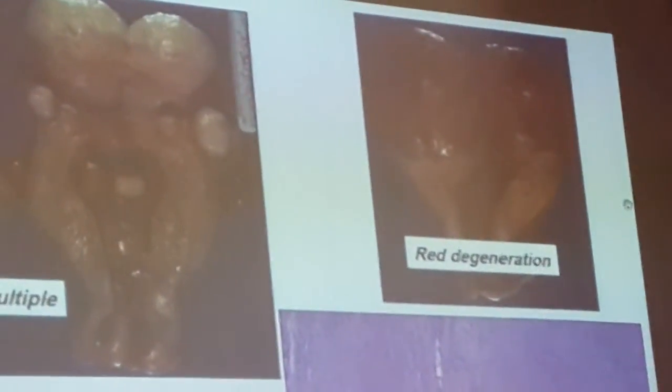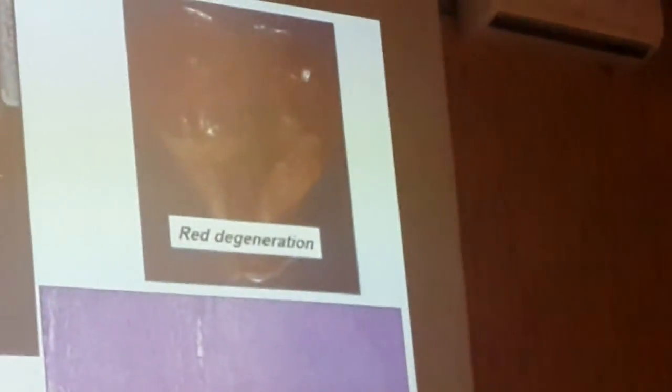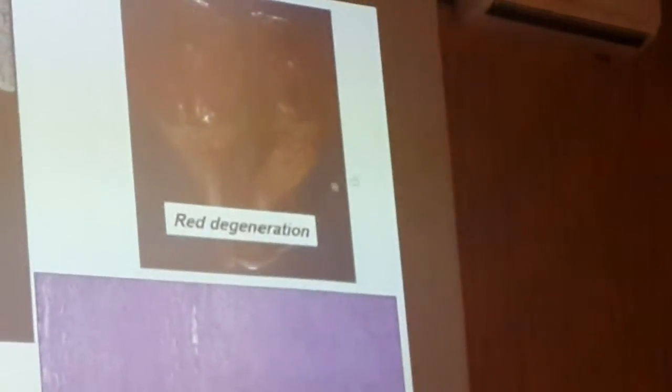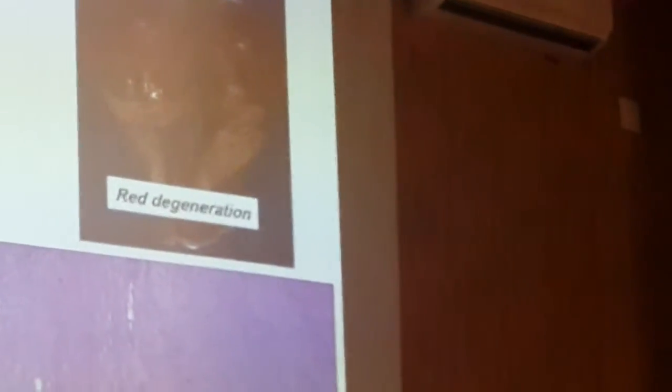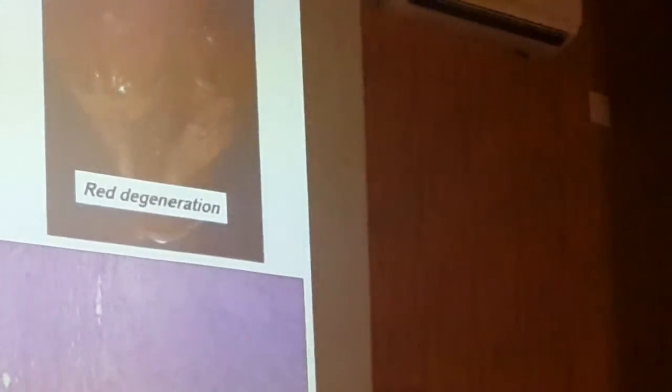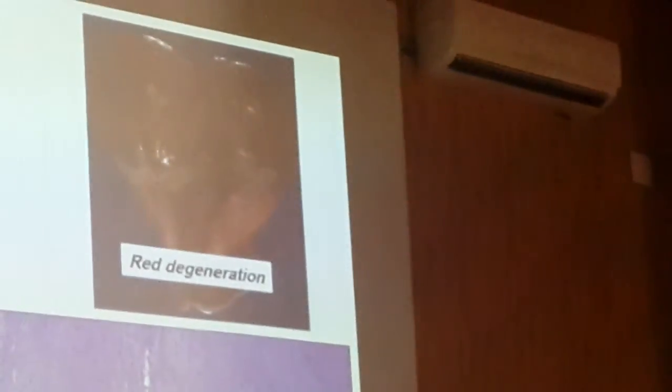So, this leiomyoma, oh, I can use this one. This is not my hand, it's the computer's hand. Can you see this? This is a leiomyoma, and it has undergone red degeneration. Reddish color. Why does it happen? It happens during pregnancy because there are hormonal changes. So the leiomyoma increases in size and becomes red in color. So this is red degeneration.